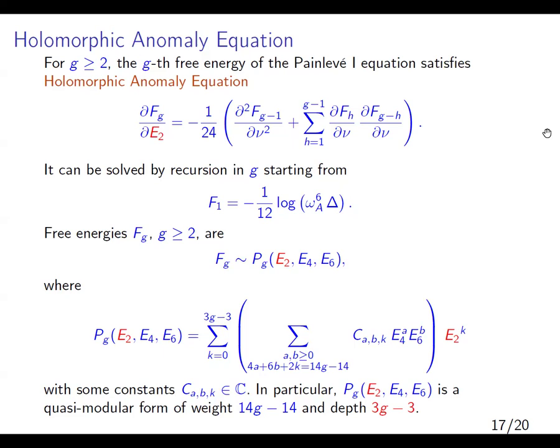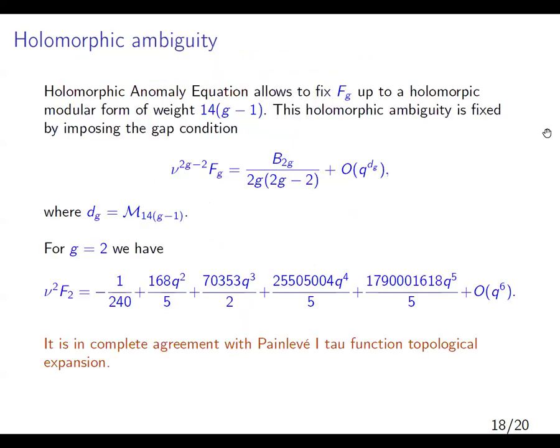The only problem is that when we solve this equation we have some ambiguity, because it can be solved iteratively only up to a constant term independent of E2. It can be fixed by requiring the property that we have many zeros in the expansion of modular forms of free energies in terms of the nome,